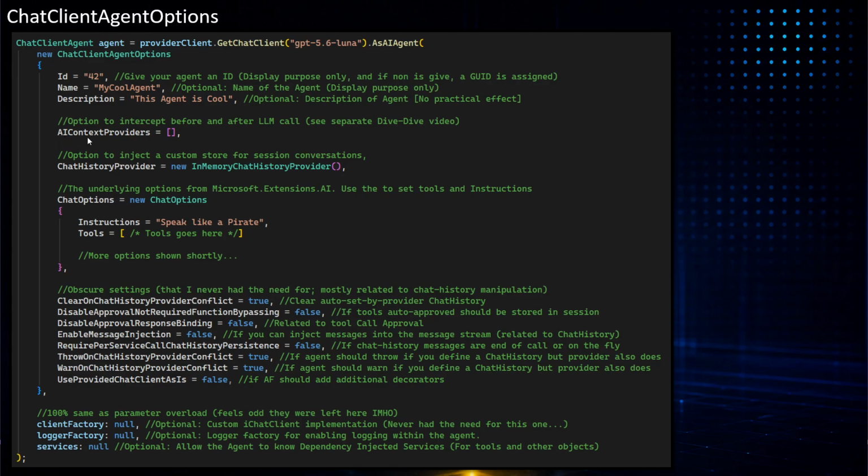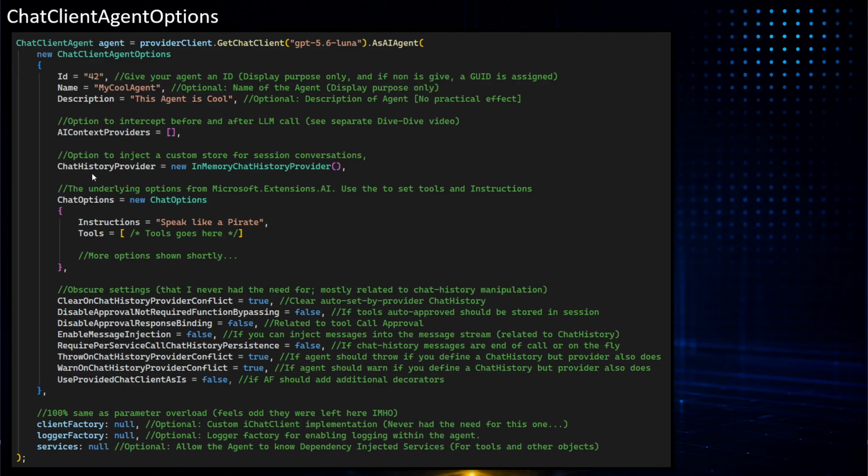Then there's something called AI context providers. This is a place where you can intercept before and after LLM calls. I have deep dives into that in another video. But essentially, you can go in, for example, and say before the call, let me change what instructions should be there, what tools should be there, and after, extract what was said and turn it into memory and stuff like that. But again, dedicated videos about AI context providers, because else we would sit here even longer.